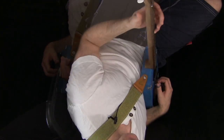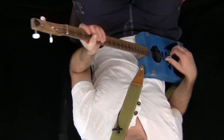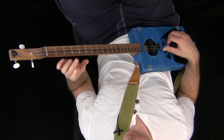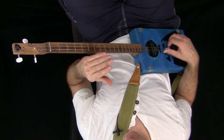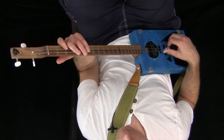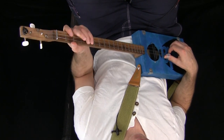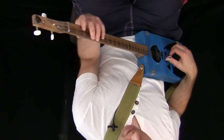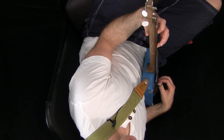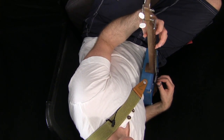If you can see the width of this neck, because it doesn't have what we call a metal truss rod through it, it's been made with a very thick bit of wood to stop it warping. So depending on what your cigar box guitar's like, you might find it's a bit too chunky to be holding your thumb up here, unless you've got a really big handspan. But I'm going for thumb back down here like a bar position, and I'm trying to bridge round with